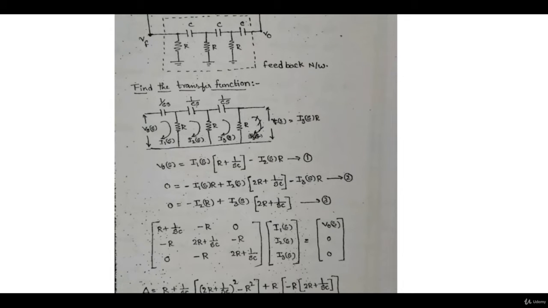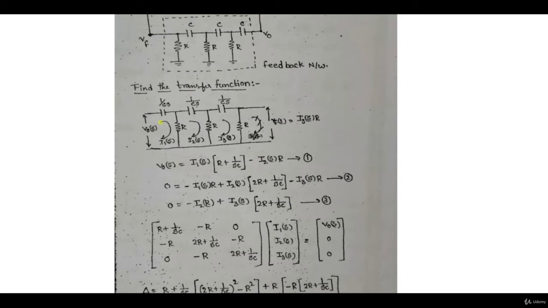Okay, so this output is here, this input is here. So the output is treated as input here and input is treated as output. Okay, so because from V0 we are coming into this side, that's why V0 is the input here. Okay, so it's just a different way of representing the same circuit.